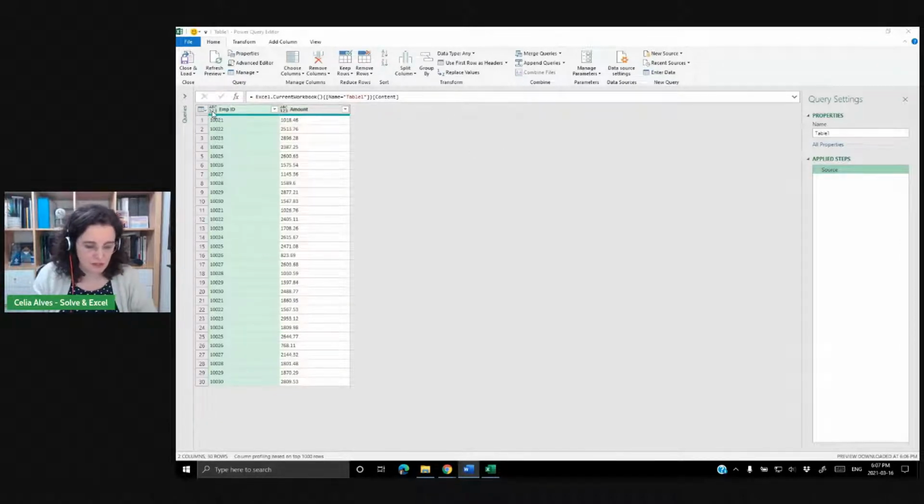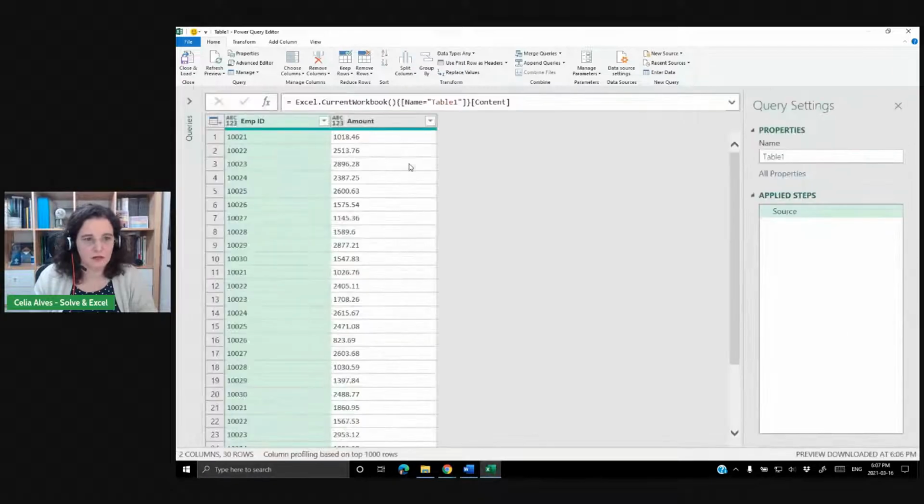We get this, let me put this a little bigger if I can. Okay. When we get this icon here, ABC123, this is associated to what in Power Query is type any, meaning we are not defining any specific data type for this column, and Power Query will do as it thinks is best in each circumstance. So if we go to Close and Load To,